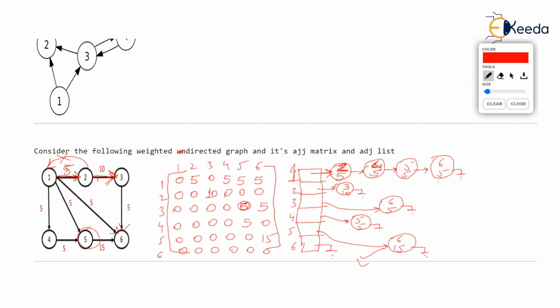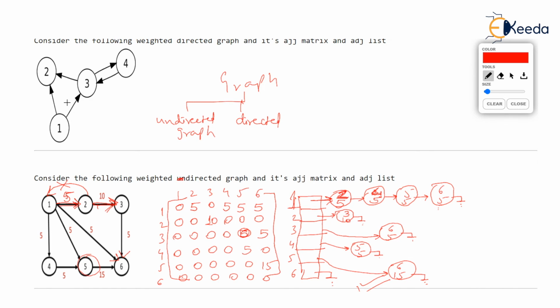By the way, graphs can always be categorized into 4 categories. First type of graph is undirected graph, simple undirected graph, where edges do not have direction and edges do not have weights. There are no weights, no directions. Then second is directed graph. As you see, this example is a digraph, directed graph, but it is not weighted. There are no weights for the edges.